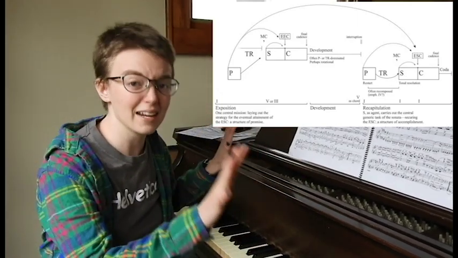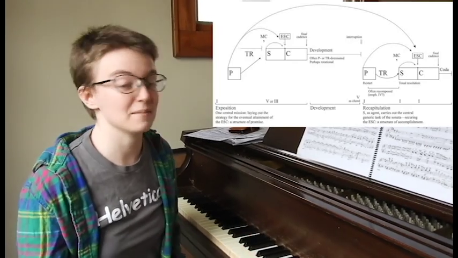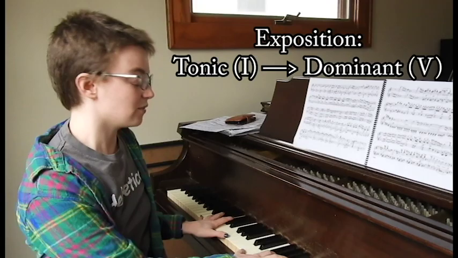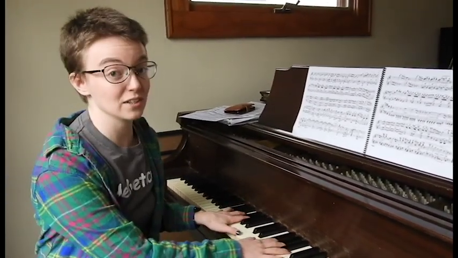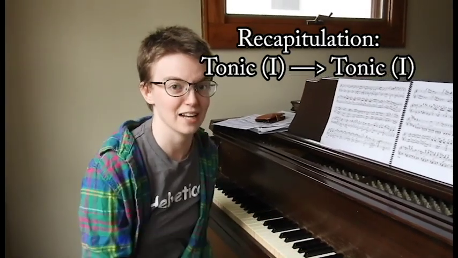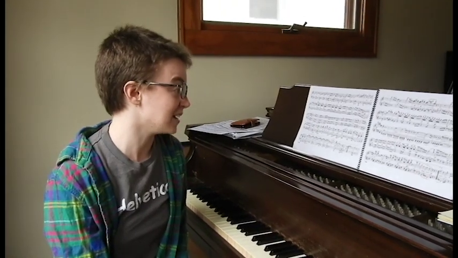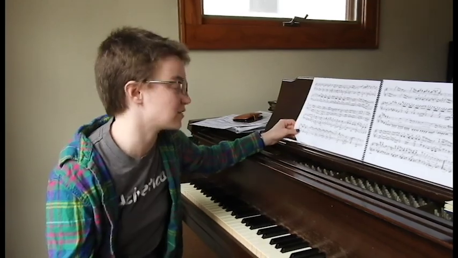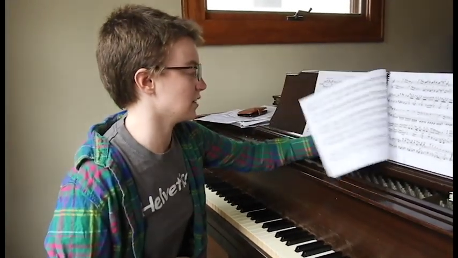and that they are the same thematically. Usually they have the same first and second theme, but they are harmonically different because the exposition goes to the dominant, so 5, and ends there, whereas the recapitulation does the same thing, but ends in the same key, because you don't want to start and end in different keys. Monotonality is yet alive. So the two transition sections have to be different, because one has to transition to a different key. So, in the first transition section,